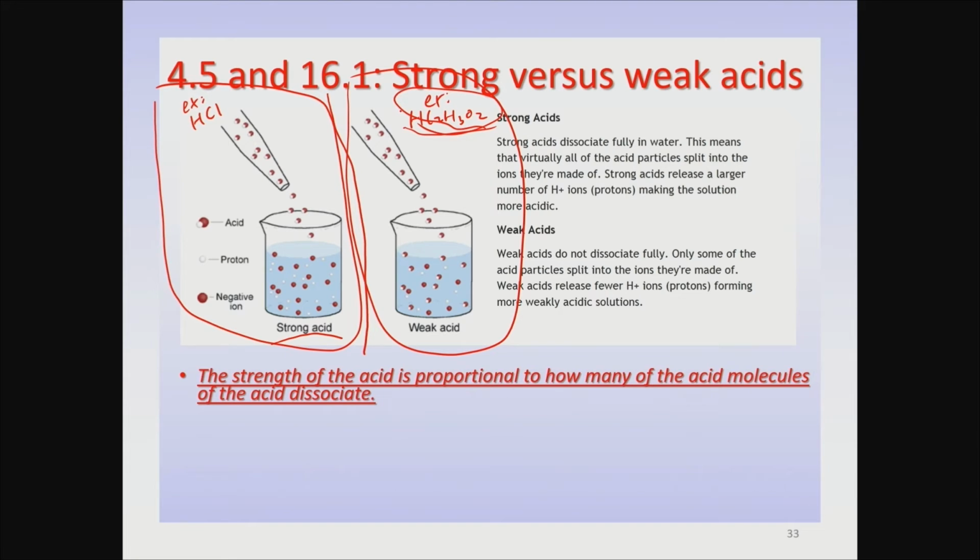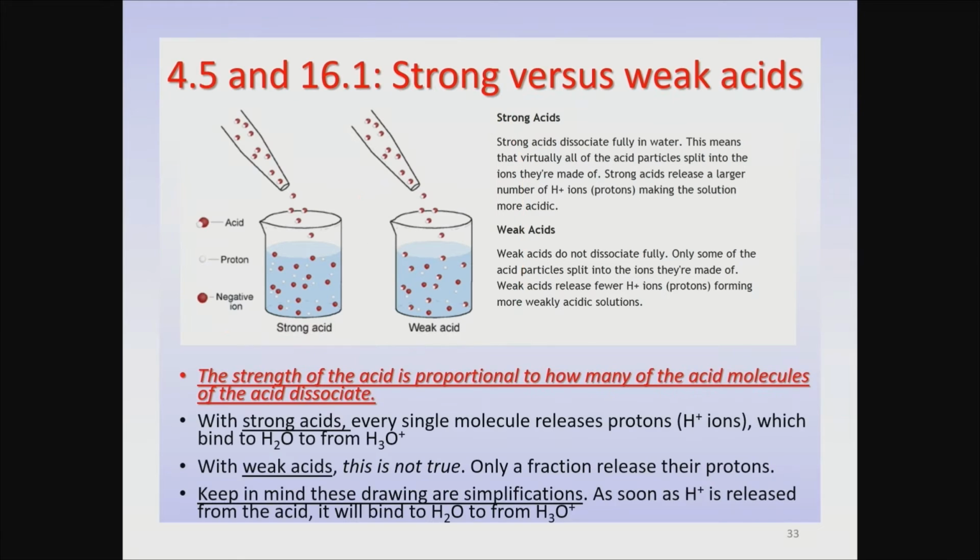So a weak acid is an acid that does not completely dissociate in water. Maybe only 50% of the molecules dissociate, maybe only 2% of the molecules dissociate, or maybe it's even less than that. So a weak acid when added to water will not produce as many hydronium ions as a strong acid would. Okay, so now what I want to do is go to the board